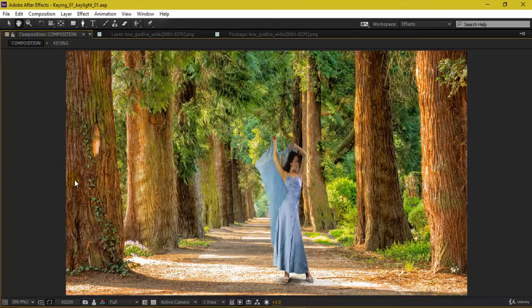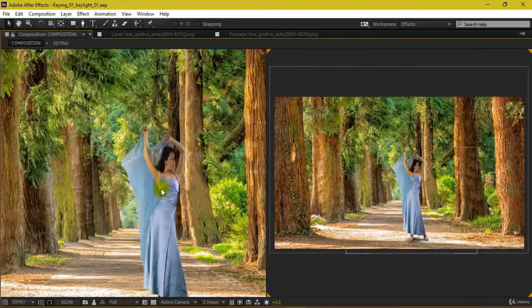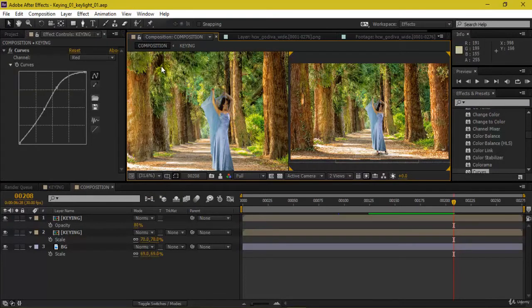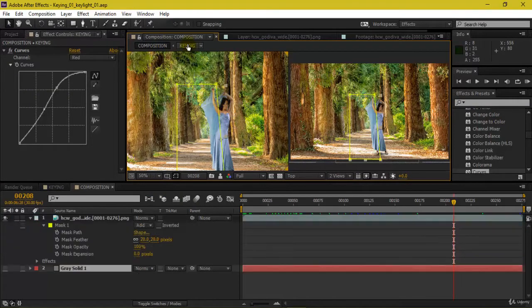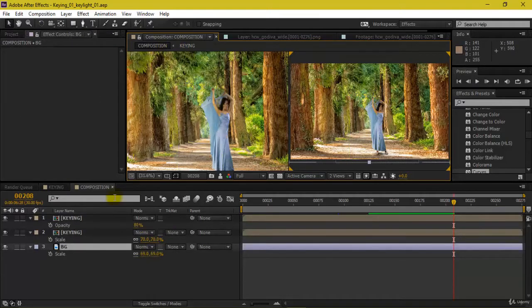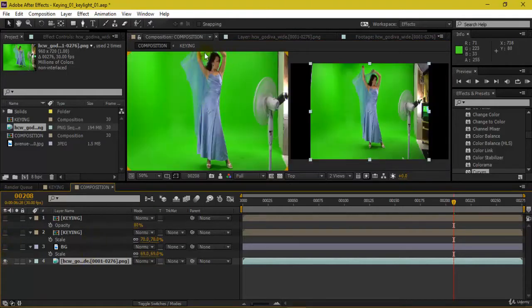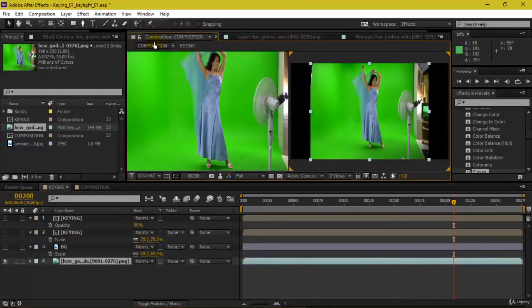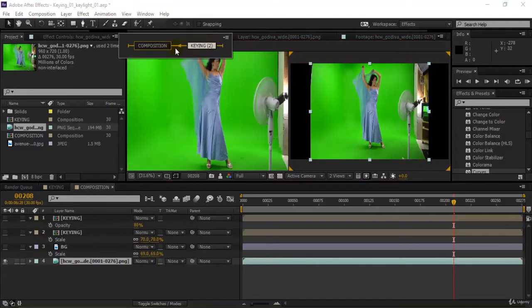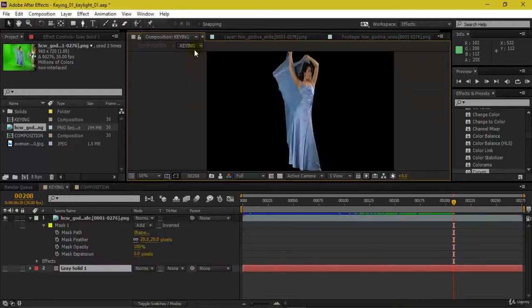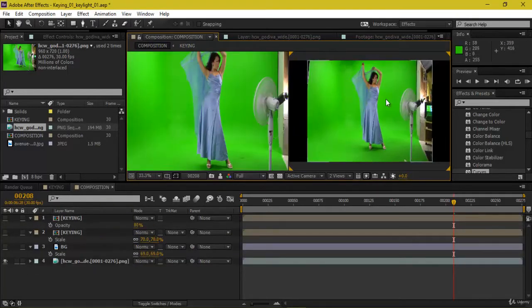So if you see the original image, if I just take this to maybe two views horizontal, if you see this, this is what the actual thing was.